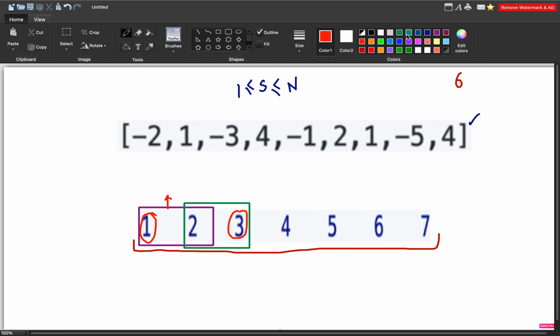Similarly, you will be moving forward like I'll be doing here. Like for the purple one, the answer is 3. Now when the window is moved forward, for this the sum is 5. How is it 5? Like 3 plus this 3, which is 6, minus this one. So that's how we are getting 5. And similarly so on for all the windows that are coming up.